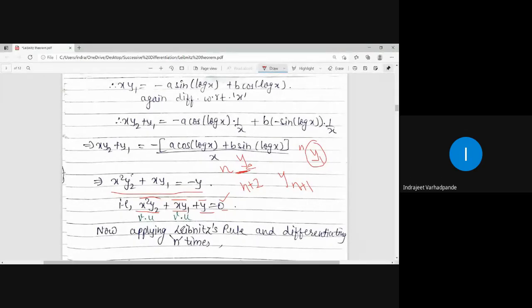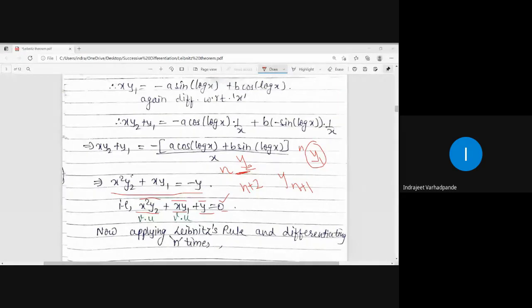And what is the peculiarity of the Leibniz theorem we have learned? In considering u as well as v, generally take v as the term which involves the polynomial, so that after certain derivatives, the derivative of the polynomial vanishes, and the infinite statement of the Leibniz theorem is converted to a finite one. Is this point clear to everybody?